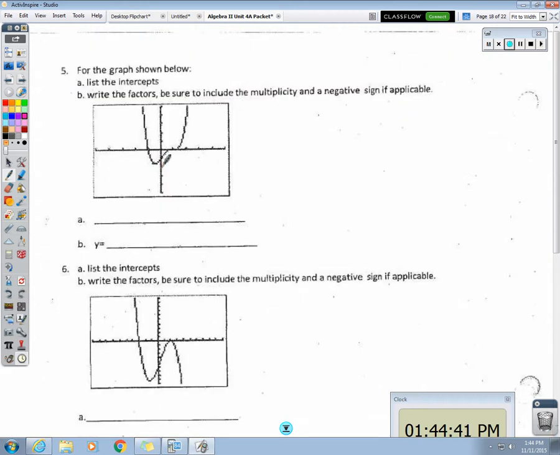Okay, now turn to the back. I want you to take a few minutes to try 5 and 6 by yourself. Okay, number 5, for the graph shown below, list the intercepts in A. Okay, well, where are the intercepts of that graph? Okay, anything special? Yeah, it flattens. Right. That 1 has a multiplicity of 3 because it flattens. So, how would I represent that in a factor? Well, the multiplicity would come first, so negative 1 cubed because it flattens out. And then,